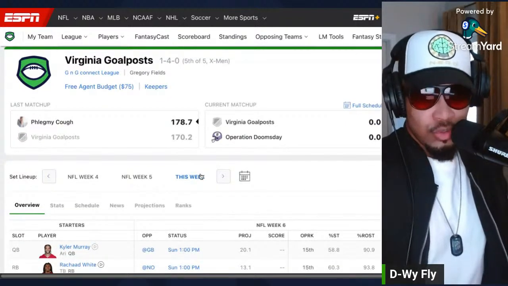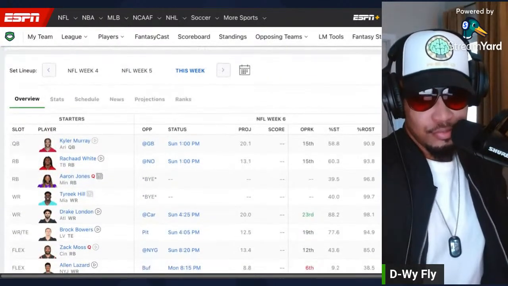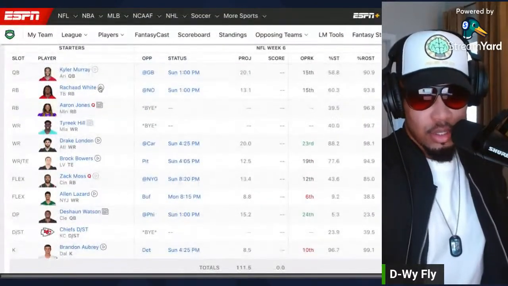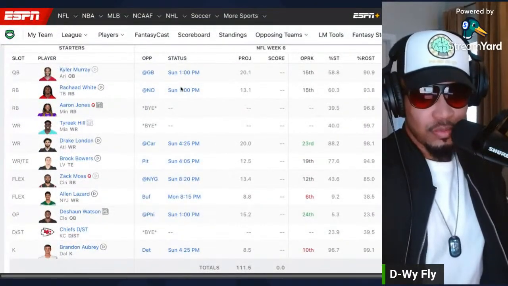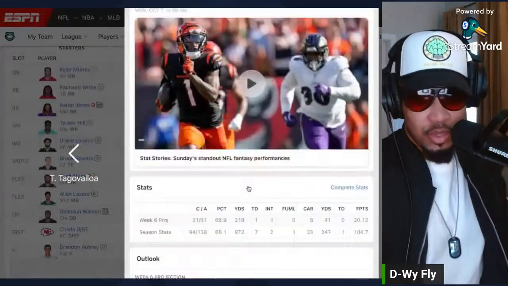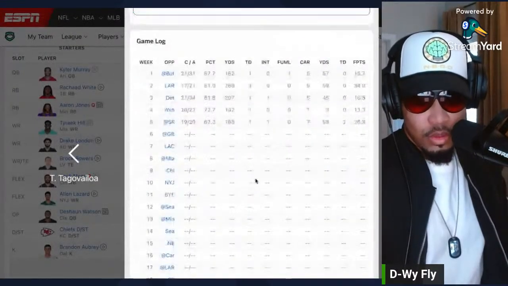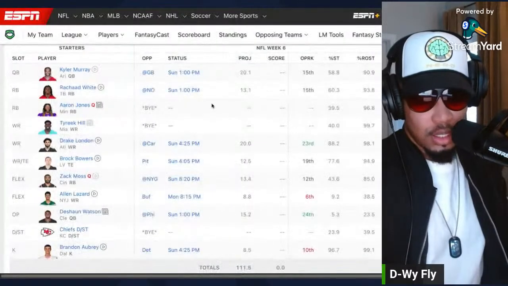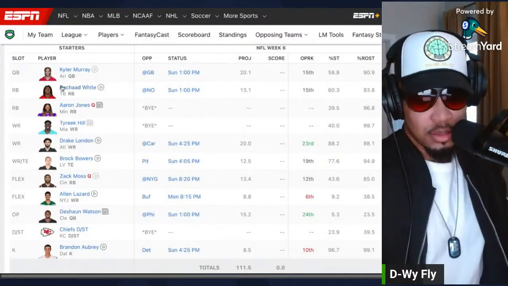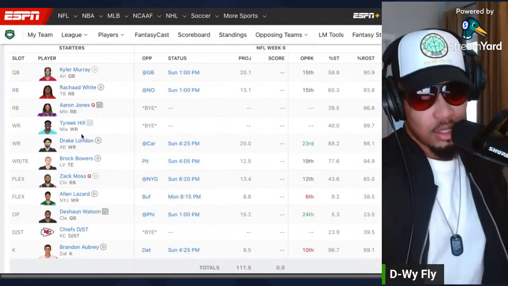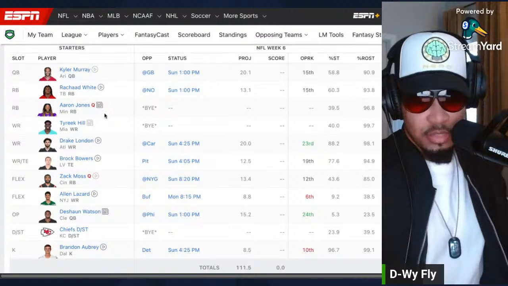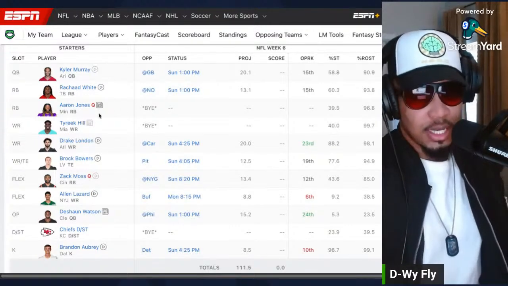Virginia Goalposts. Let's see. They're 1-4. They got Kyler. He's a top 10 running quarterback, but yeah, he's got a couple boom games and 3 busts. So that's his situation. Rashad White with no Bucky. Aaron Jones is hurt right now, but he's been solid. Tyreek Hill, he doesn't have Tua right now.